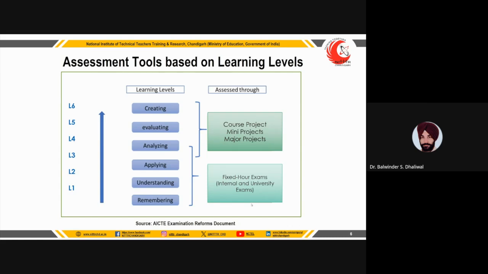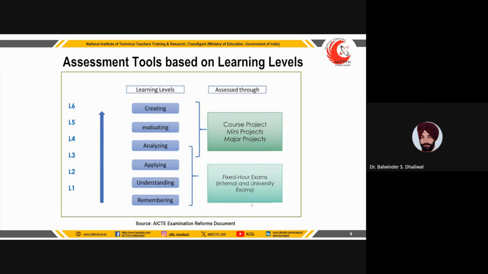This is one general suggestion in the AICTE examination reforms document. I have copied this from that document, where the various assessment tools are also aligned with the learning levels, the Bloom's taxonomy levels. Based on whether the particular tool is aligned with a particular kind of learning level, we can see here that fixed hour exams like internal exams and university exams